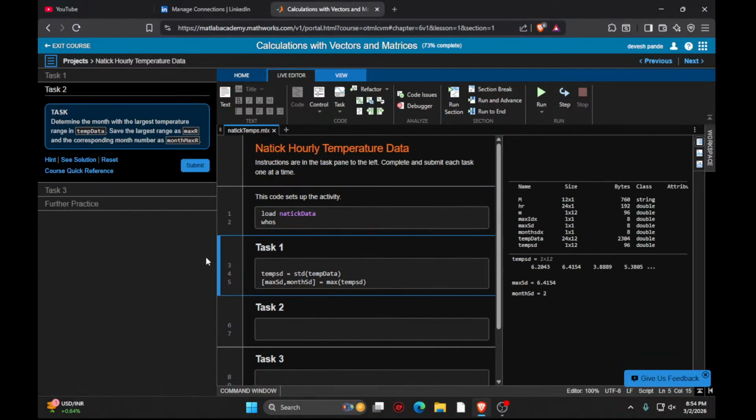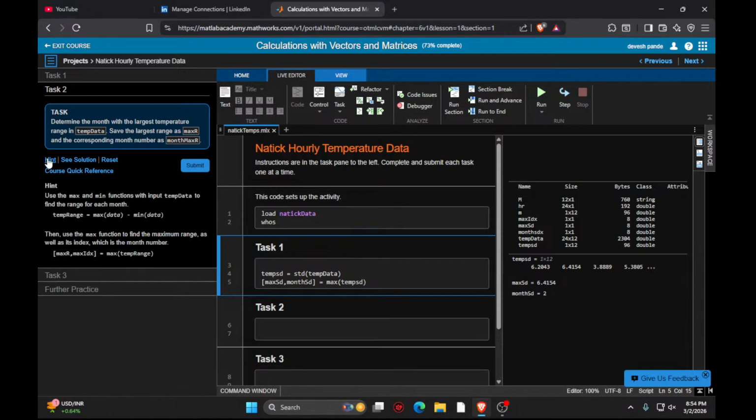That's perfect now. Now determine the month with the largest temperature range in temp data. Save the largest range. So for this I already don't know the command, so we have to use this code. How will this code work? Temp range